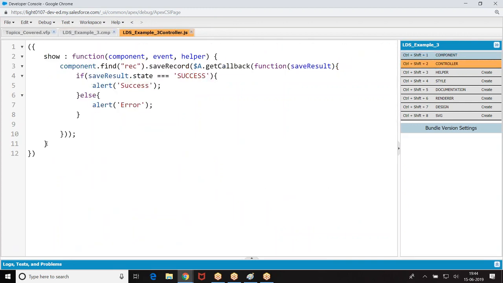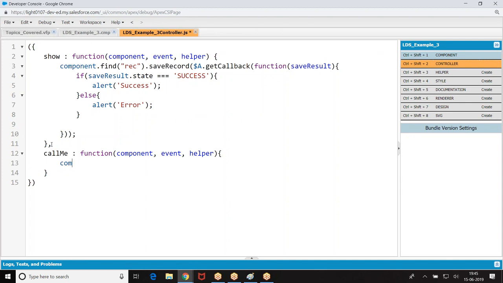So go to the controller. Component, event.